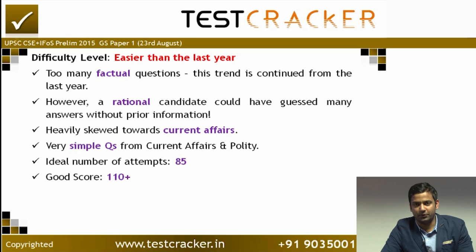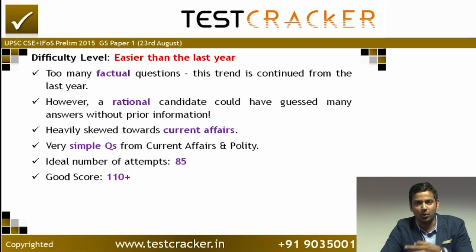Now, regarding cutoff, it's difficult to predict cutoff. Let me give this disclaimer before I come to the cutoff. But we can actually come to the cutoff by having this theory that whatever would have been a good score last year should be the cutoff for this year. That is 1. 2. We should not discount the presence of paper 2, which is qualifying. Still, there will be many candidates who would miss out on the cutoff on paper 2 in spite of doing well in paper 1, because this year's CSAT paper was tougher than last year.